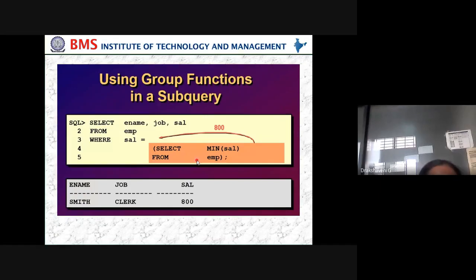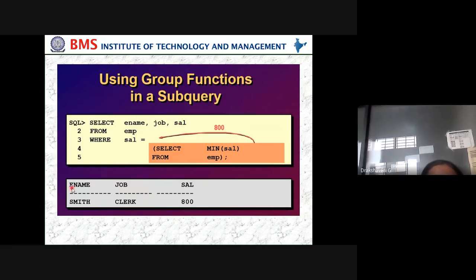The minimum, the person getting the least salary, is 800. And I want to know who are the other employees also getting 800 and what their job title is. That particular person's name, job and salary should be fetched.